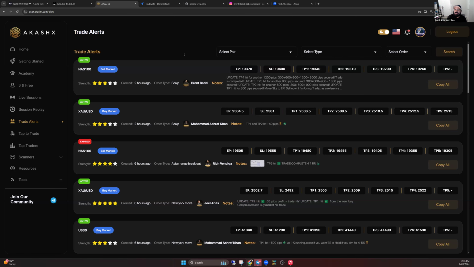We don't call it loss. TP is take profit. When the trade's in profits, we want to take those profits. Simple and easy. Now, there's different ways to do this,